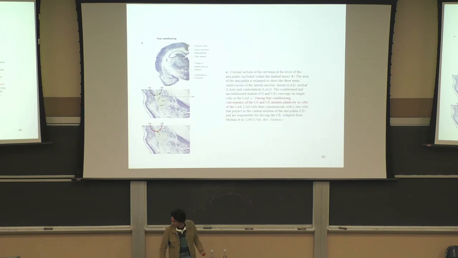And what they did specifically in the paper is they manipulated this auditory thalamic input to the lateral amygdala. So here we have a coronal section of the mouse brain, which means a section of the brain in this direction. And then the amygdala appears here as this triangular shaped structure. It has some subnuclei, but for our paper, the most important is the lateral amygdala, which sits at the upper tip of the triangle.